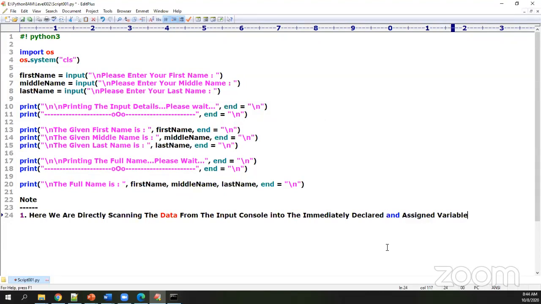These are all immediately declared and assigned variables. Am I clear with you?